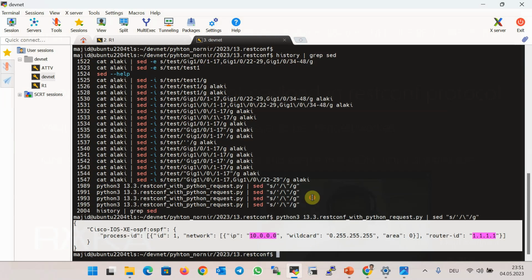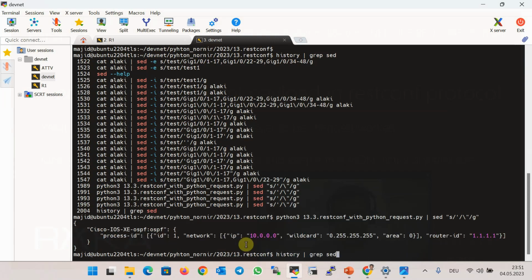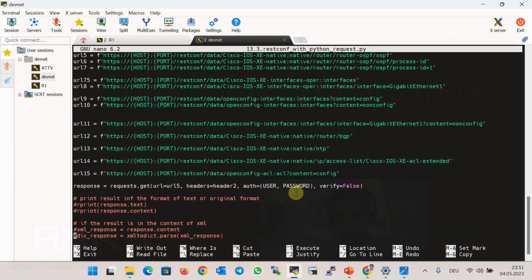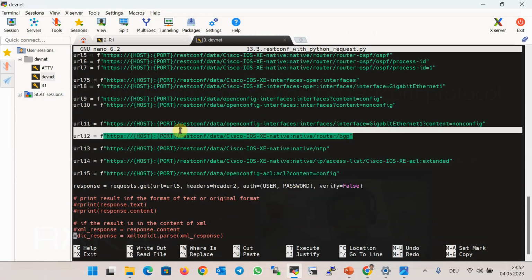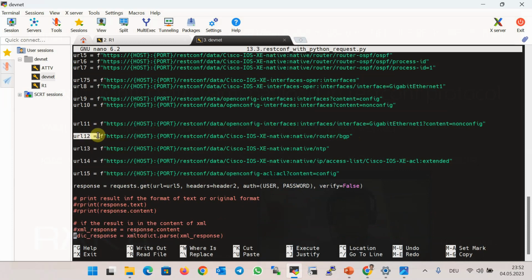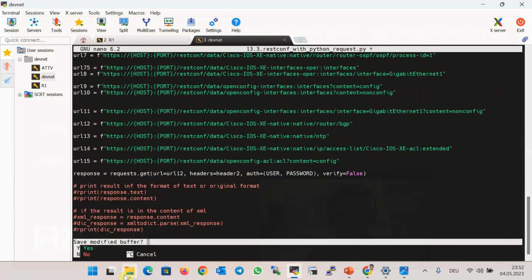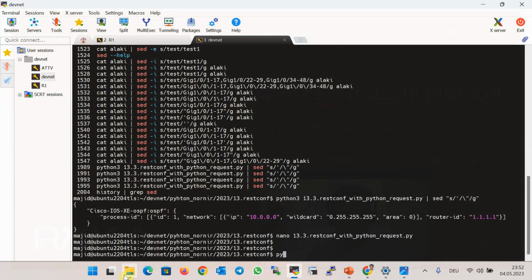We change the URL to point to the BGP part of the configuration. In our example, URL 12, as you can see, is pointing to the BGP configuration. Therefore, I will change here the URL to URL 12 and again save and